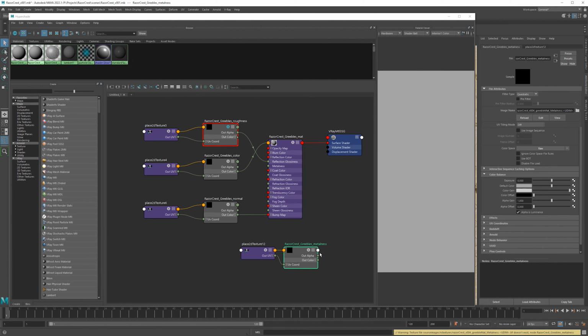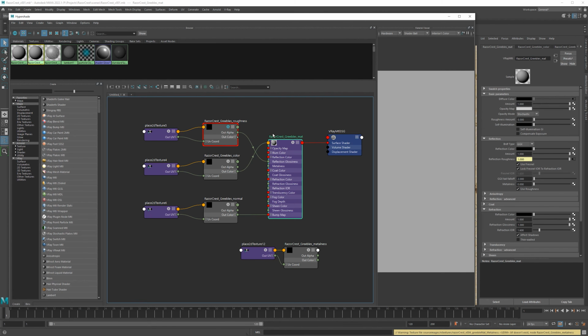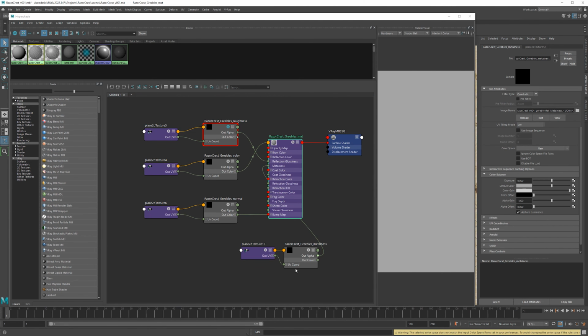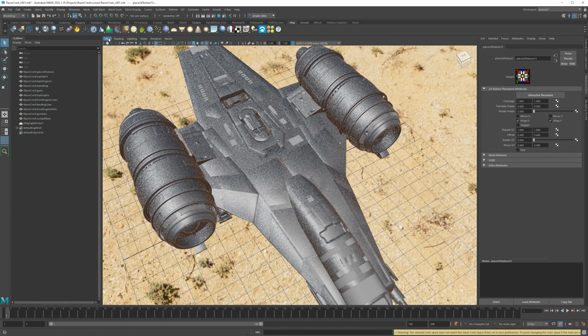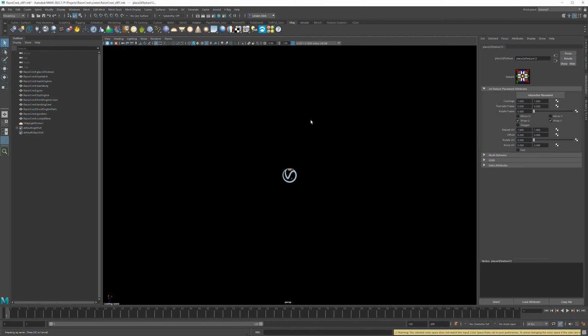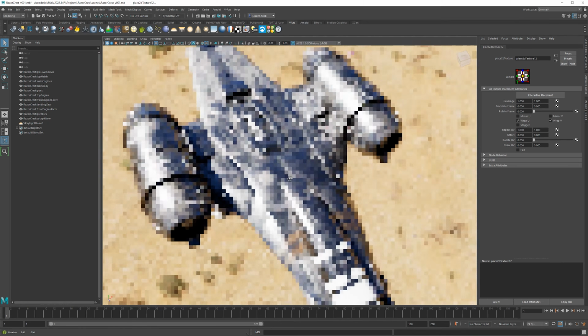Alpha is luminance. Another cool thing you can do, if you have your main material selected in your attribute editor, is go to your metalness or whatever channel you're trying to do, then middle mouse click and drag that node, and then release, and that will automatically hook it up. That's a really useful method of doing that as well. Whichever method you prefer is good with me. Okay, so now if we turn our V-Ray view back on, you can see that those greebles are now added.